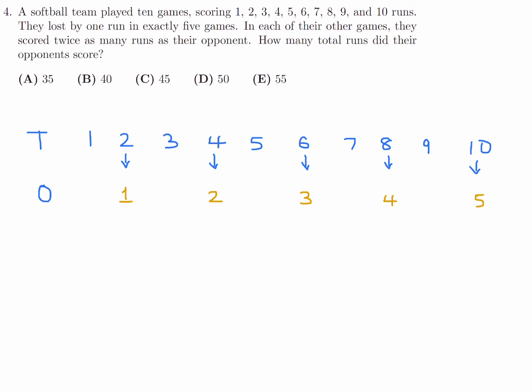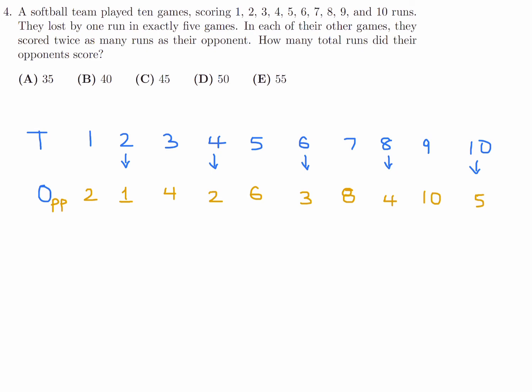That's why I chose the even ones. And then in the other ones, they lost by 1 run. So if they lost by 1 run, that means the opponents scored 2 here, 4 here, 6, 8, and 10,